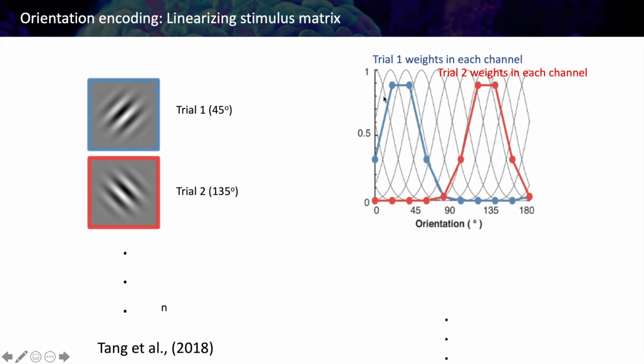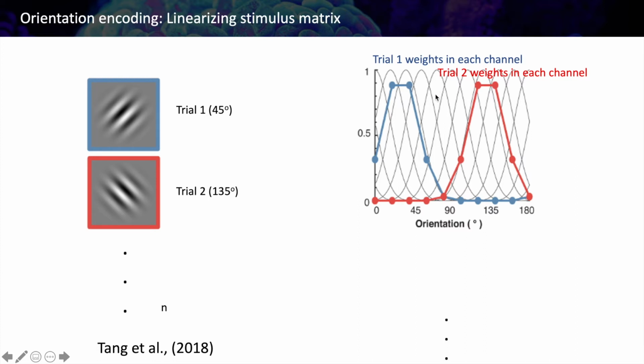And these tuning functions, each one of them is centered at one orientation value, and they all have the same spread or width value. This width value is determined by the kappa parameter, which is some kind of sigma, but for circular distributions. So if we take the 45 degrees stimulus and see how much information it has in all these